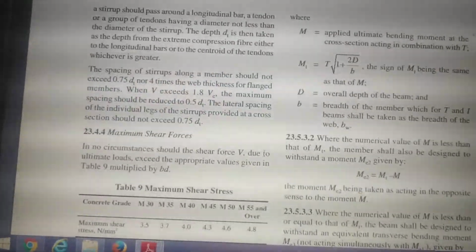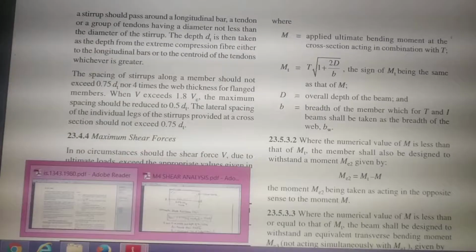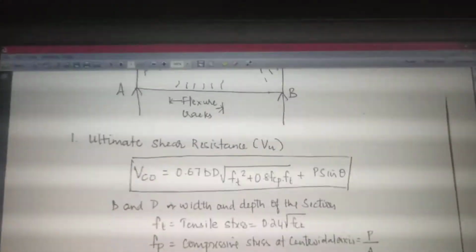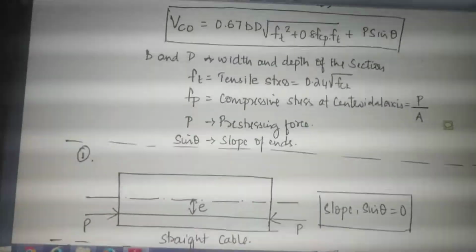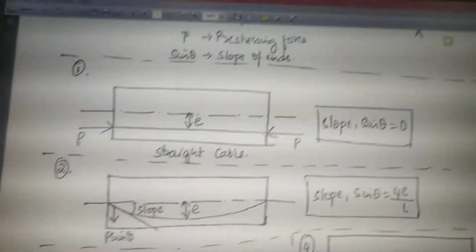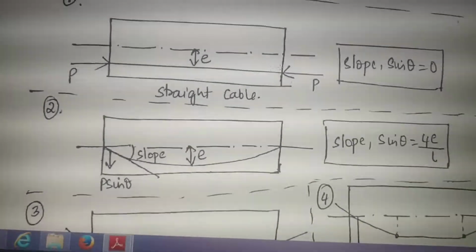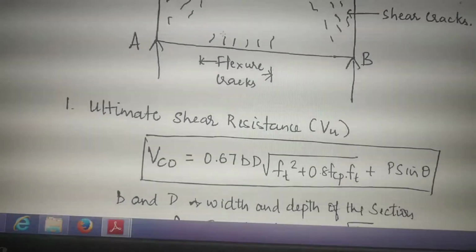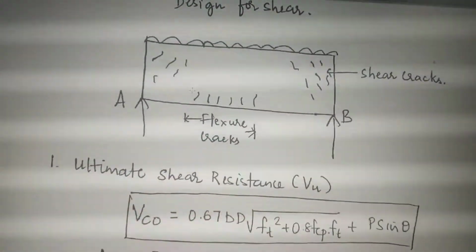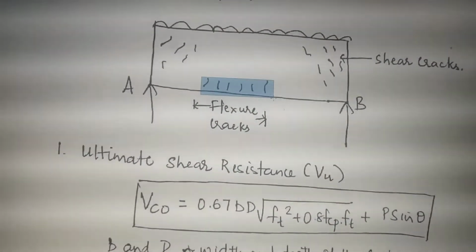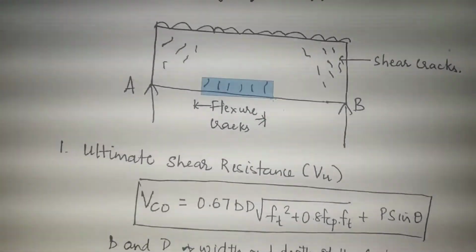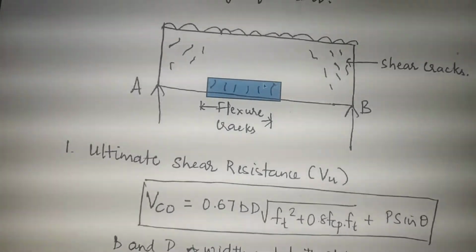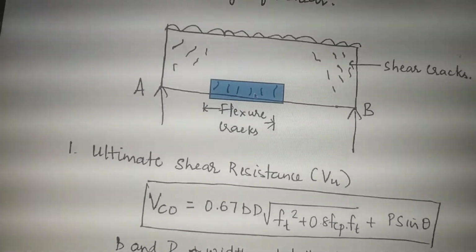Now let us come to the analytical part, that is cracked sections and uncracked section. What is this cracked section and uncracked section? All of us know that when a concrete beam or concrete section is subjected to loading, there will be formation of cracks in its tension face. In the initial condition, whenever you are loading a concrete section, the formation of cracks will start only from its tension face.